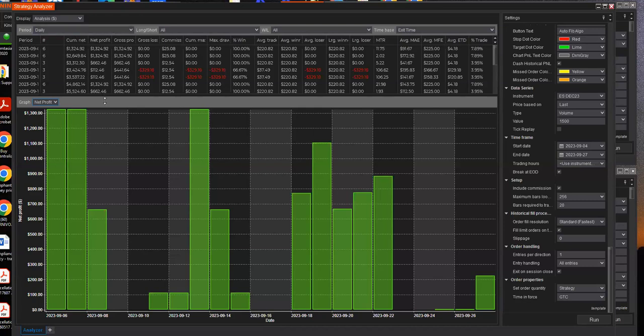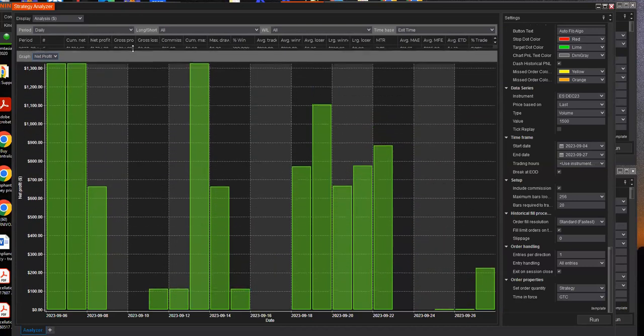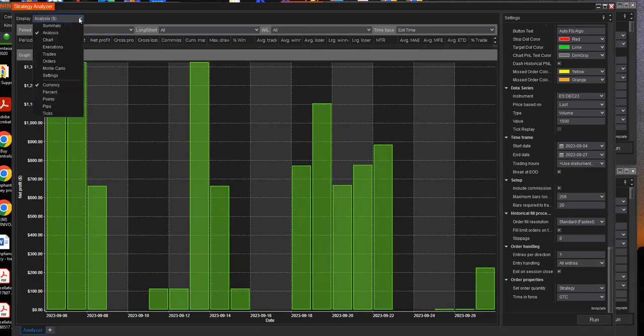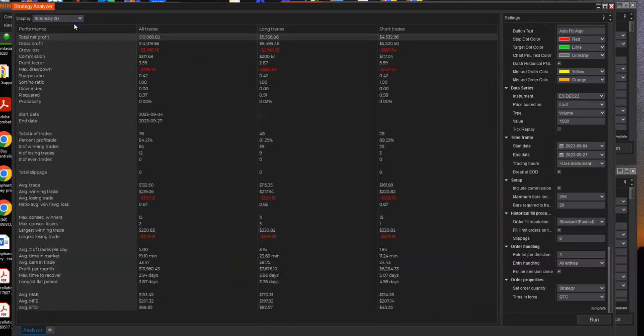Right. And so this is just kind of an understanding of, I guess for me, if I'm going to trade something, anything over 1 is profitable. Anything over 2 is exceptional. Anything over 3 is like, Jesus Christ, what are you doing? Right? And this is a lot of trades in a month, 70 trades.